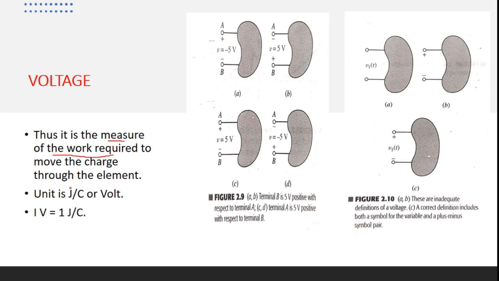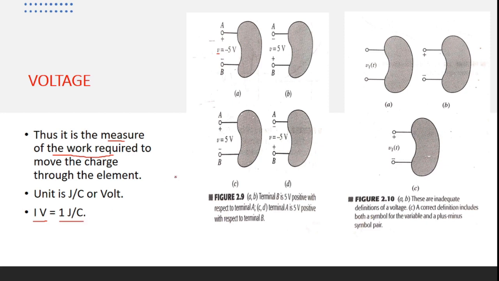When we talk about work done or energy, it is represented as joules per coulomb, and this is the voltage. We are pushing a charge in and getting a charge out. If this happens, then surely some potential difference is there. That is what we call voltage. So we can write that 1 volt is equal to 1 joule per coulomb.